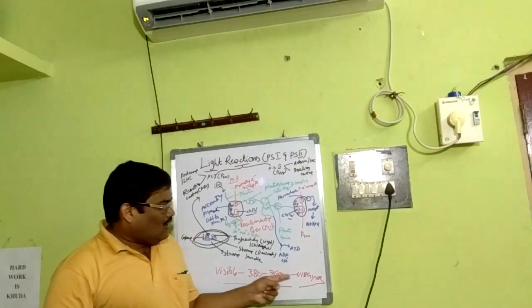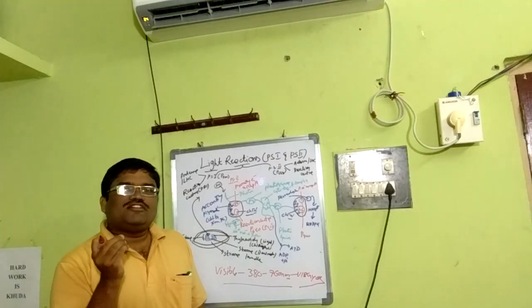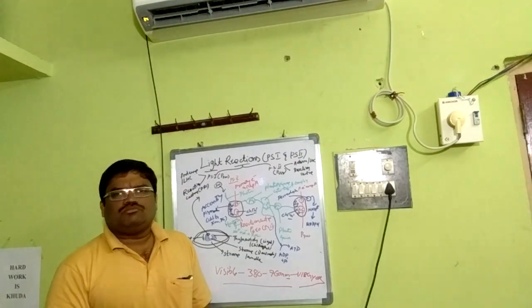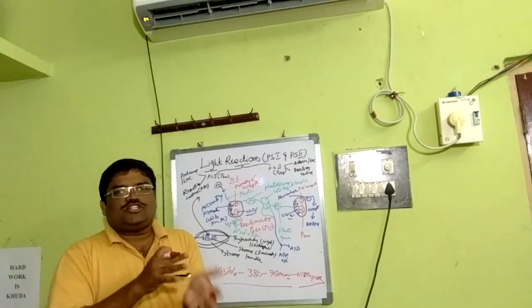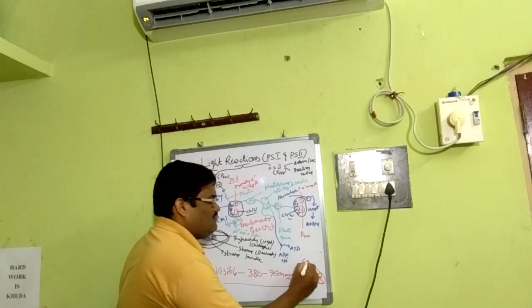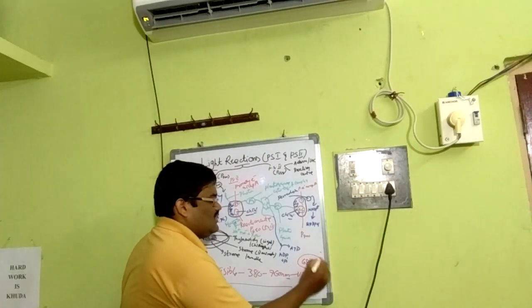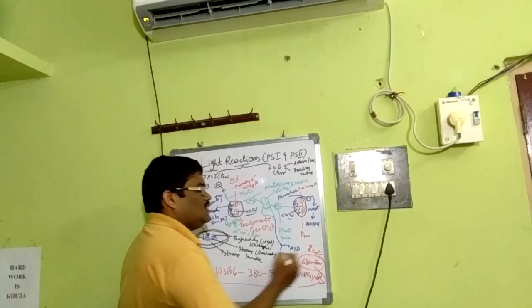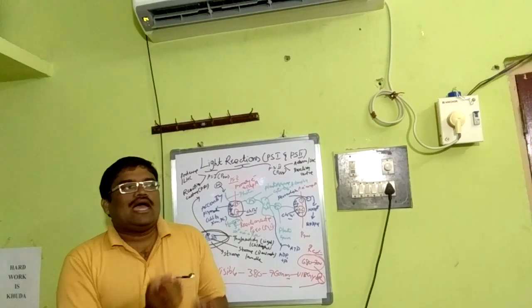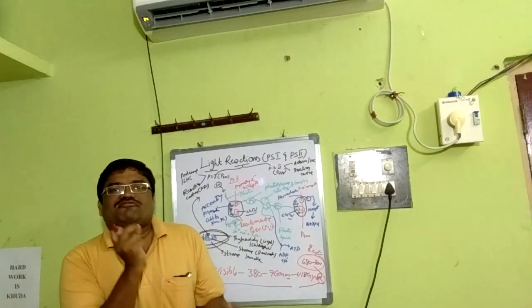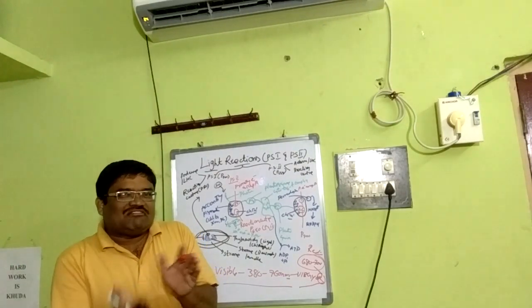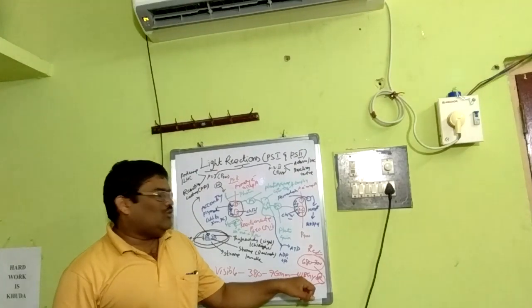Whether all wavelengths present in the visible spectrum of light will be absorbed by the photosystems? No, not exactly. There is heterogeneity, what we call favorite zones. Here the favorite zone is red, somewhere around 680 to 700 nanometers. It does not mean it cannot absorb other wavelengths. It does absorb violet, indigo, blue, but not green.